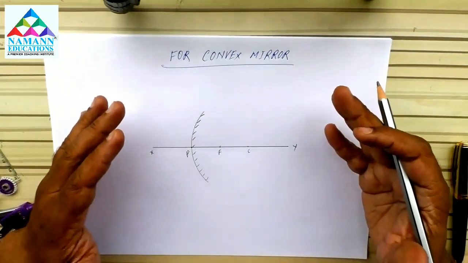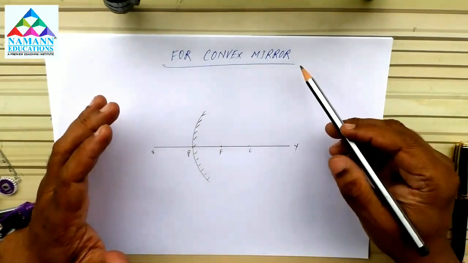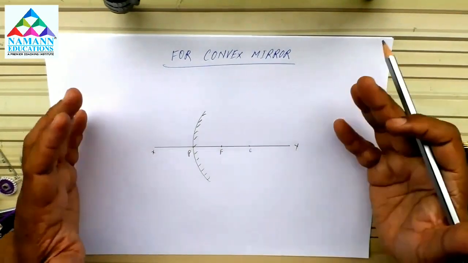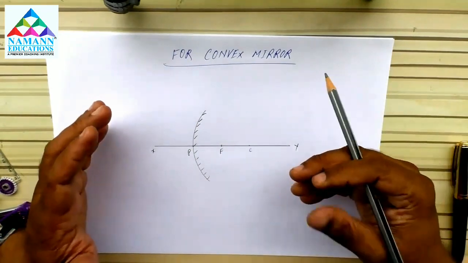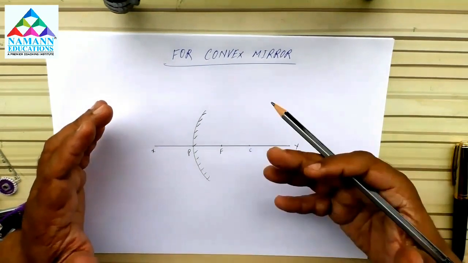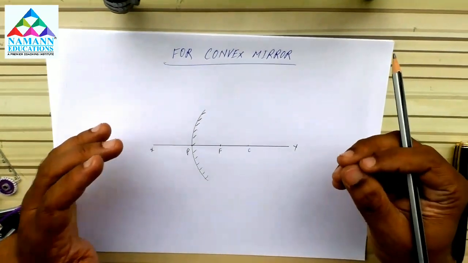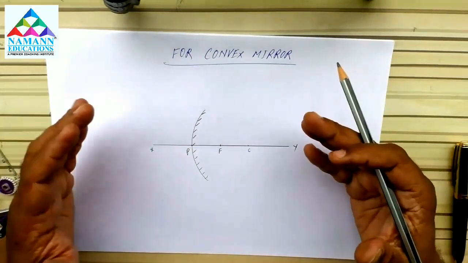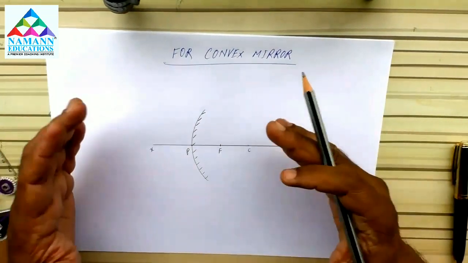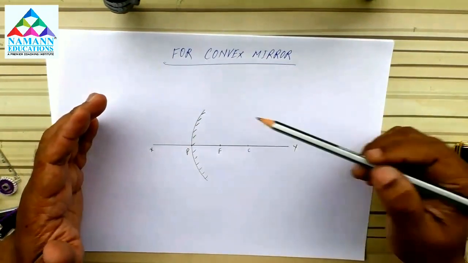For convex mirror, we will draw around 4 diagrams, 2 for one position and 2 for the other position. First we will draw for infinity, object is placed at infinity, and second we will draw for object placed anywhere in front of the mirror. For that also we'll draw 2 diagrams. So if you follow this measurement and you are ready with such diagrams,